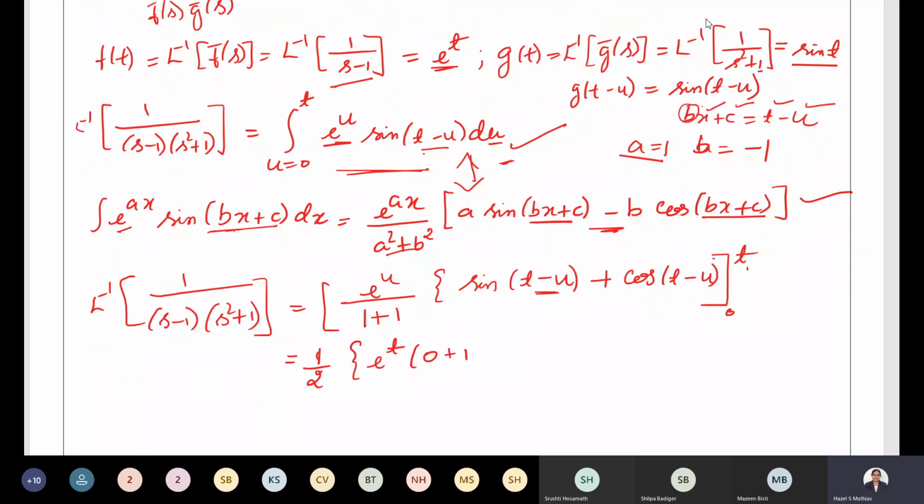So this is regarding the upper limit. Now put the lower limit. Lower limit is 0, minus e power 0, which is 1. Then if you put 0 in place of u, what do we get? We get sin t. Then similarly over here, if you put u as 0, we get cos t. I hope the substitution is clear, everybody. Anybody, any doubt?